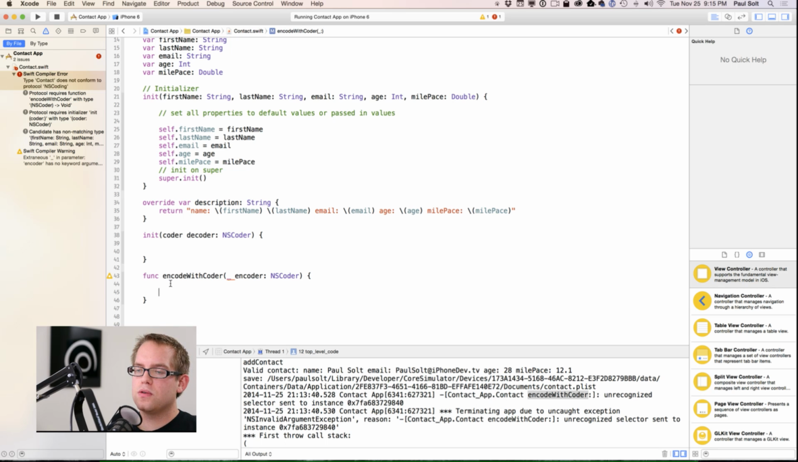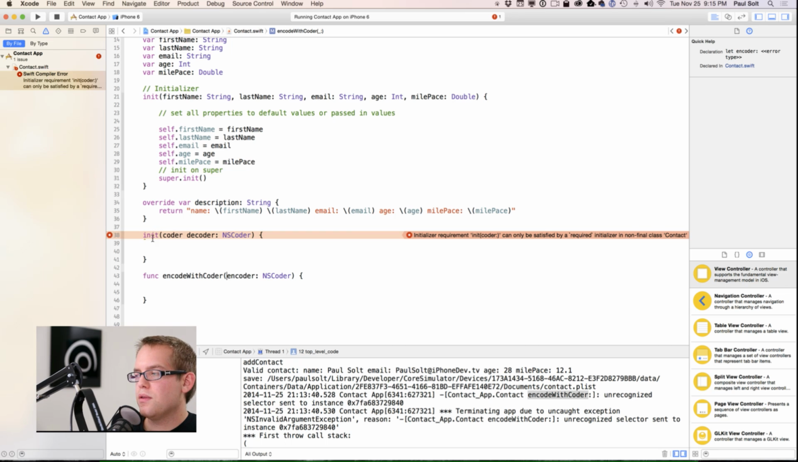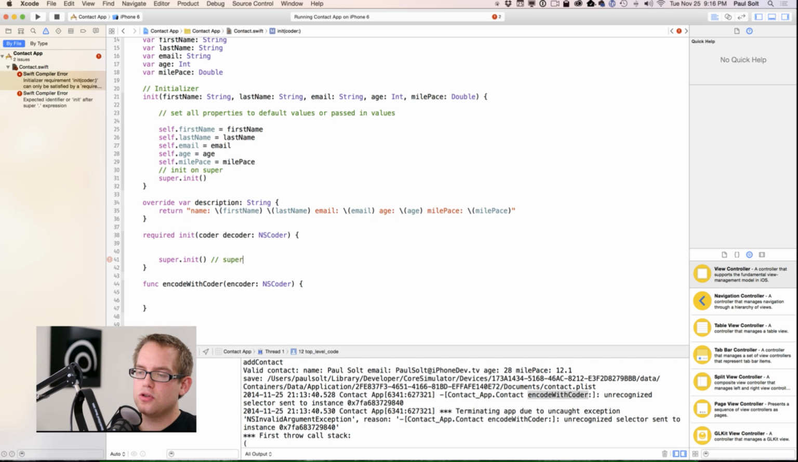So encode with coder is used for saving, and so what we need to do here is we need to say, I don't know why they did that. All right, and the other thing we have to do is we have to put a required in front of this one. So this is what you need to type to get started. And at the bottom, I'm going to just do super.init. You might need to do super.init and then pass in the coder to the decoder